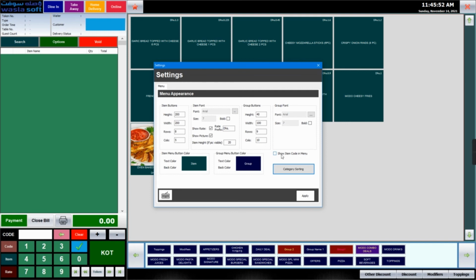Also, if you want the item code in the menu, you can set that here, and the rate prefix. Now it is showing dirhams. You can put any other rate prefix also. You can select show rate, show picture, all these things. If you click on show rate, it will show the rate of the item also.